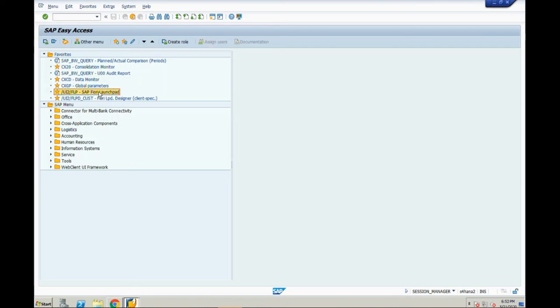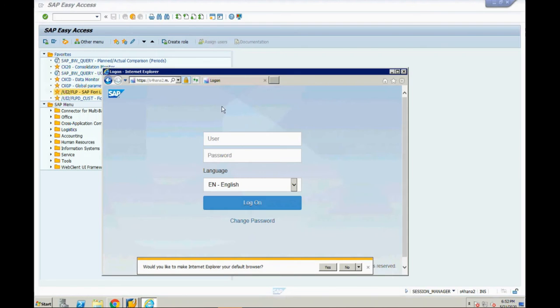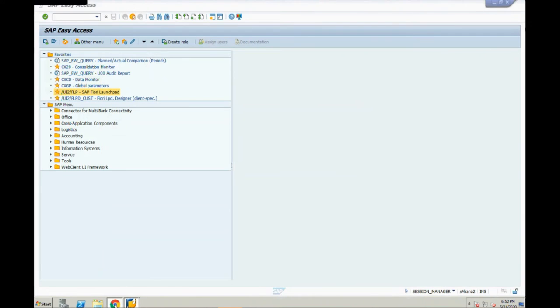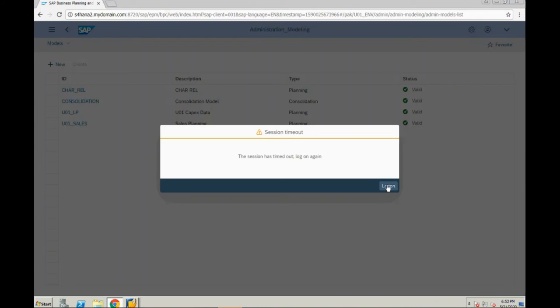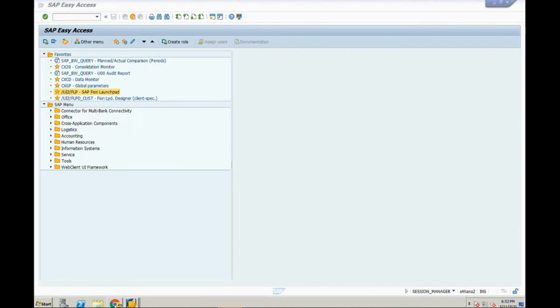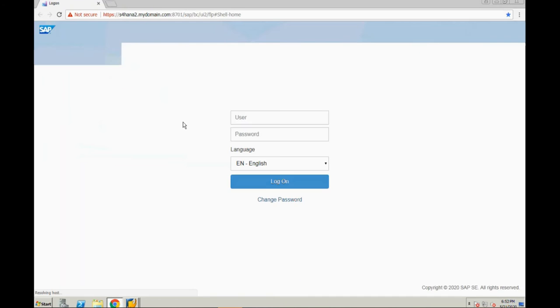So for Fiori Launchpad, there is a URL. Yeah, you can connect from this URL. Always a better approach, use Google Chrome. So I added it as a favorite.